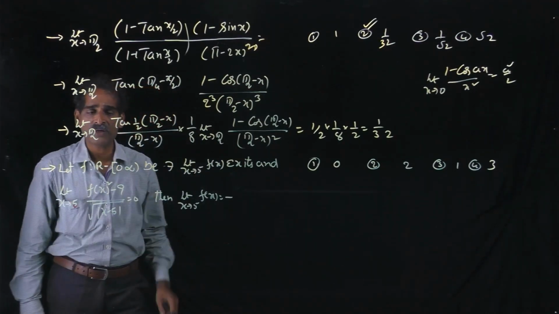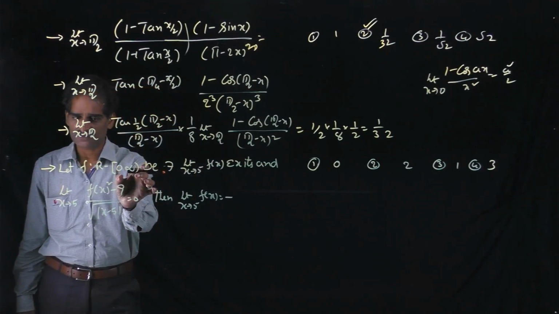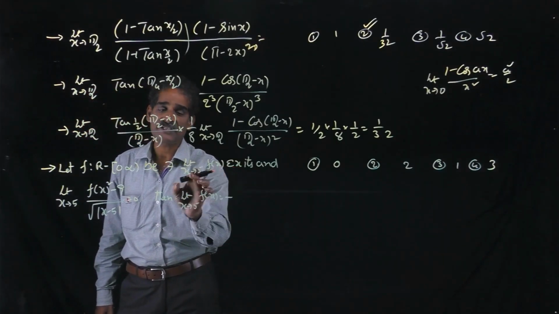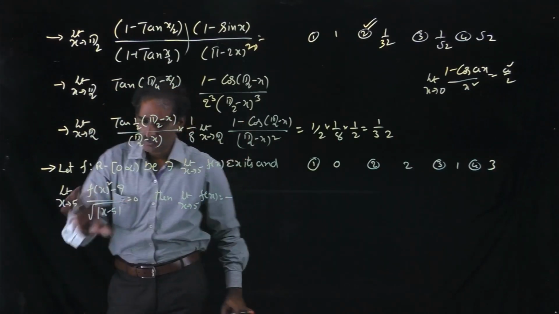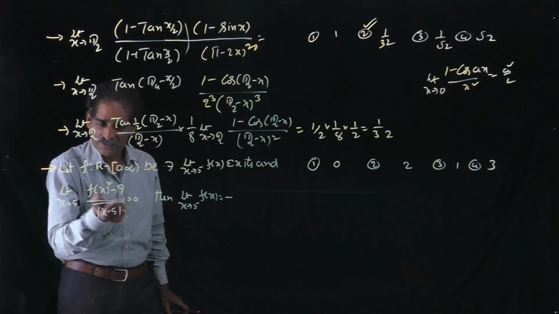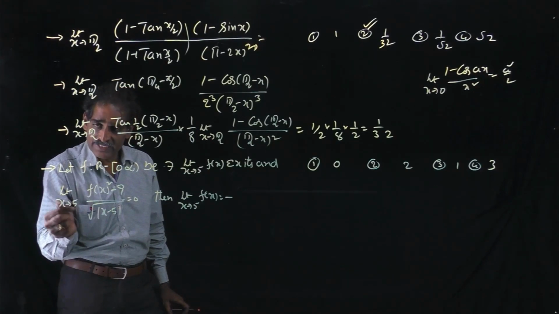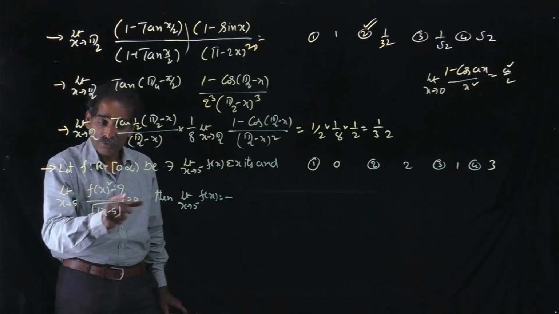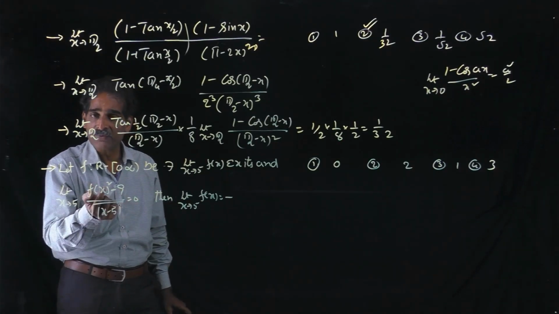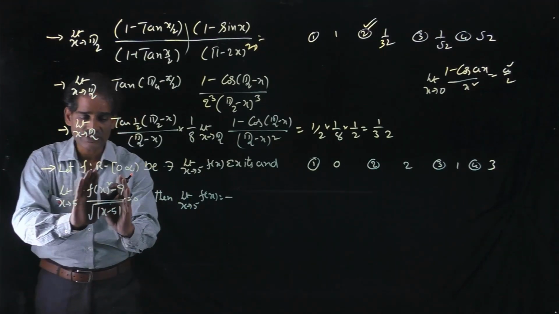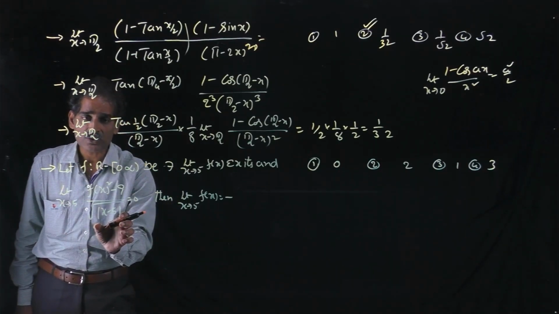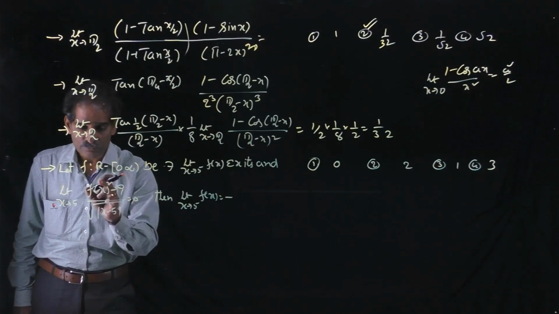If f is a function from R to (0, infinity), that means this is the range of the function. That means the range of the function is positive, right? Such that the limit of this function exists at x tends to 5. Okay. Now, what is the value of limit x tends to 5 of f of x when it is 0? That means this is finite. The value of this is 0, but at x tends to 5, the denominator goes to 0. But our right side is 0, finite. That means it is possible only when the numerator is also 0 at x tends to 5. Understand? Already given that this expression value at limit x tends to 5 is 0. At the limit value, the denominator is getting 0. So at the same time, to get a finite value, the numerator should be 0.